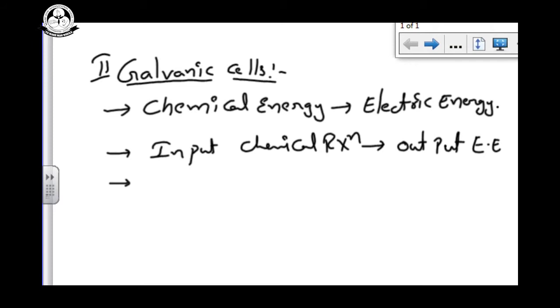Generally, at the lower standard when we think of galvanic cells, we think of the Daniel cell, the normal battery, the alarm battery. Whenever you keep the battery inside the alarm, the alarm will automatically work. Meaning inside, a chemical reaction automatically starts and electric energy is produced. So it is a spontaneous redox reaction.